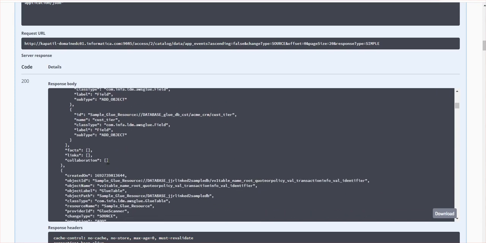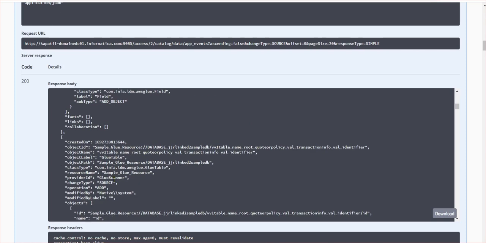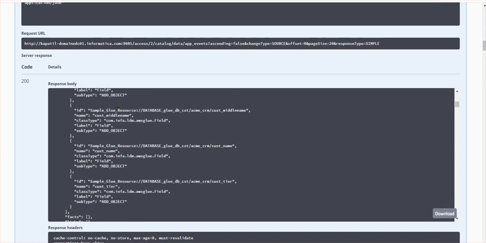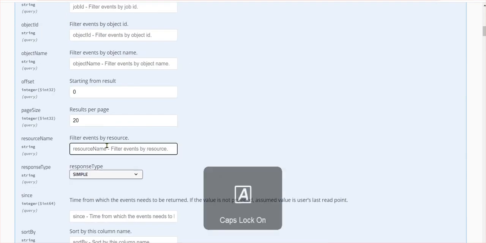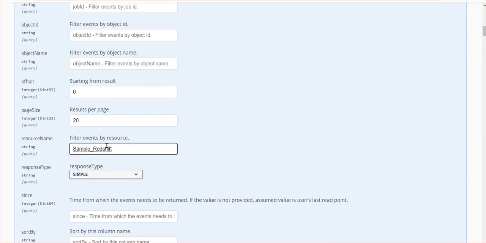So here are the things. As you can see, different types are there. So we have selected source, so it will give results for the source only. So now if I try to give the resource name as sample redshift